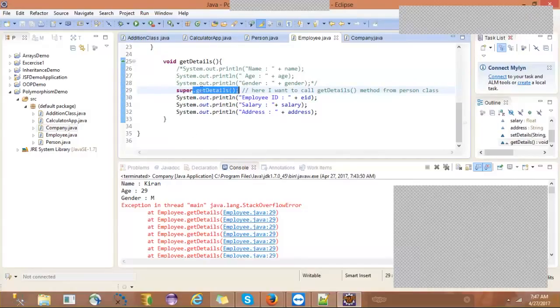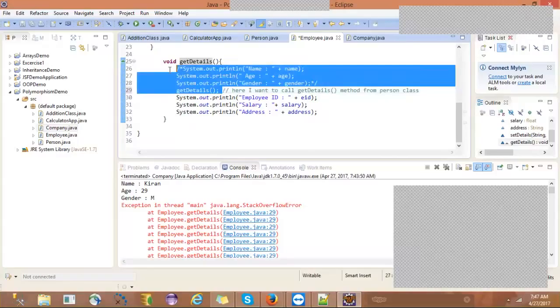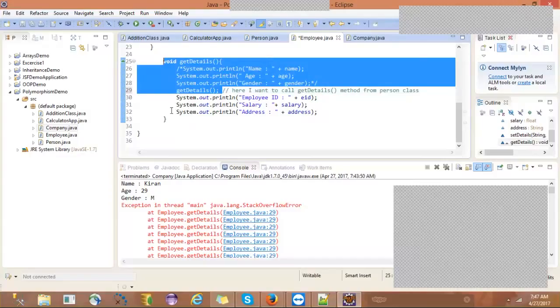See, if I don't write the super keyword here, what happens? I face this problem. It will become a recursive method call in the employee class, and it will infinitely call the get details method itself again and again.